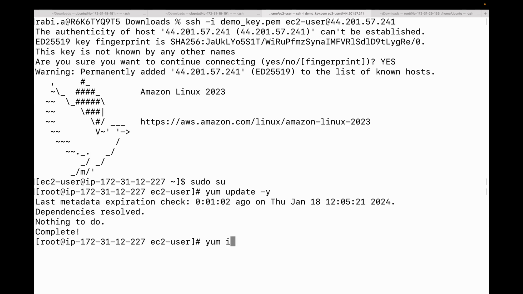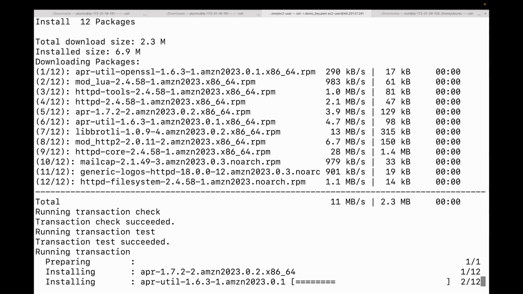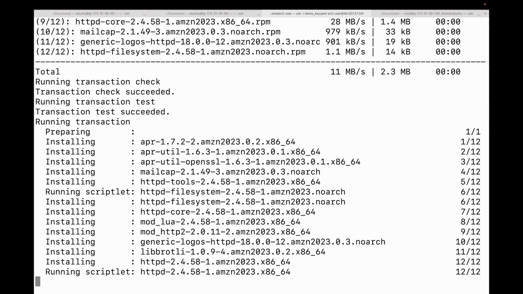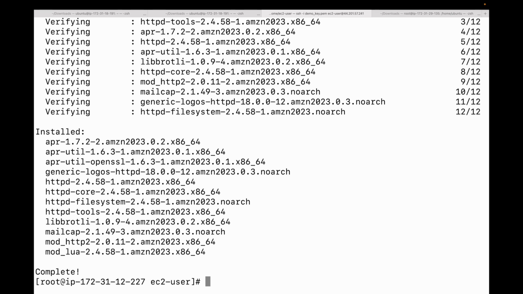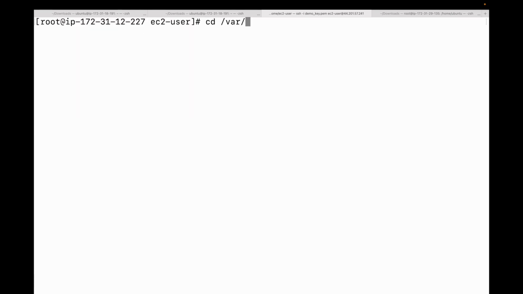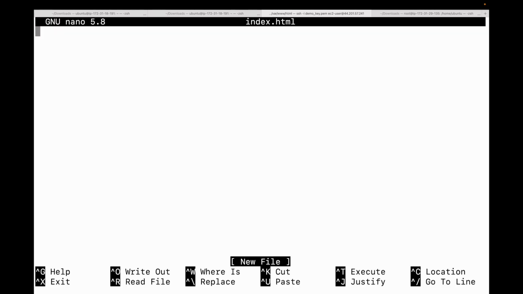Now we'll install httpd, which is my Apache server in this case, and once that is done, we will set up a very simple HTML page. So we'll go to /var/www/html, and we will create this index.html file. So this is running on an auto scaling group instance. I know there's a typo, I'm going to ignore that,